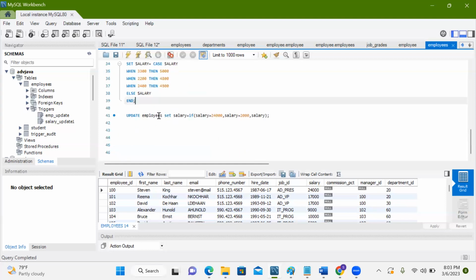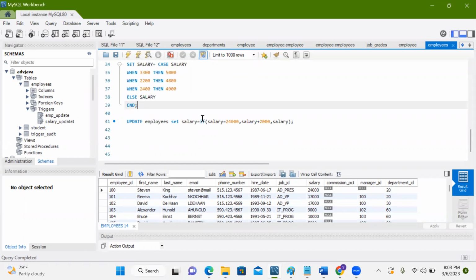So what will happen? We have written an update query: update employees table and set salary equal to, and here we are setting it based on a condition. If salary is equal to 24,000, and if you see here, I didn't give any where condition, so it will check every row, right? Yes, ma'am. Yeah, so it will check every row. So in this, if salary is equal to 24,000, so only